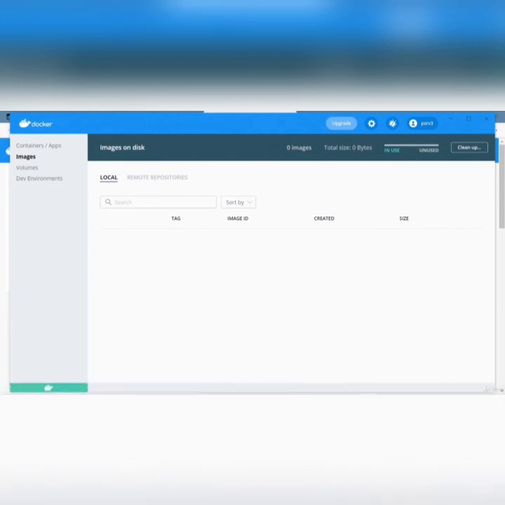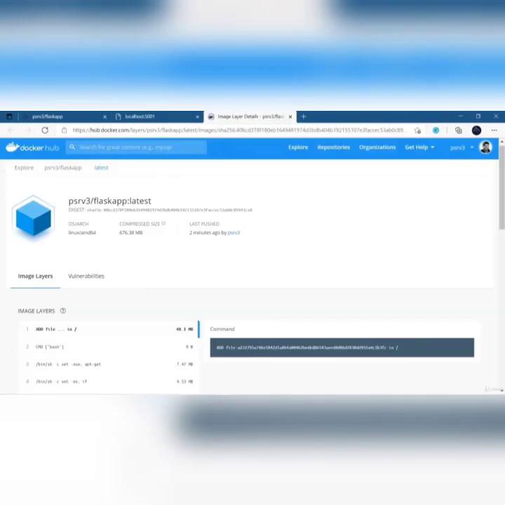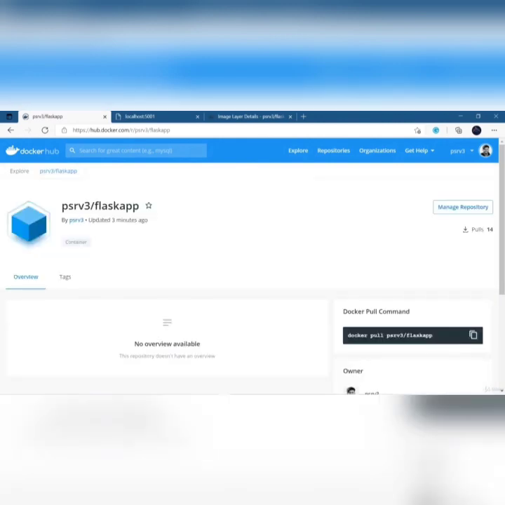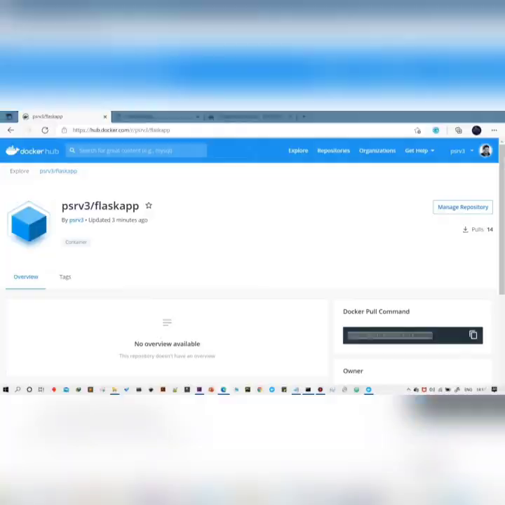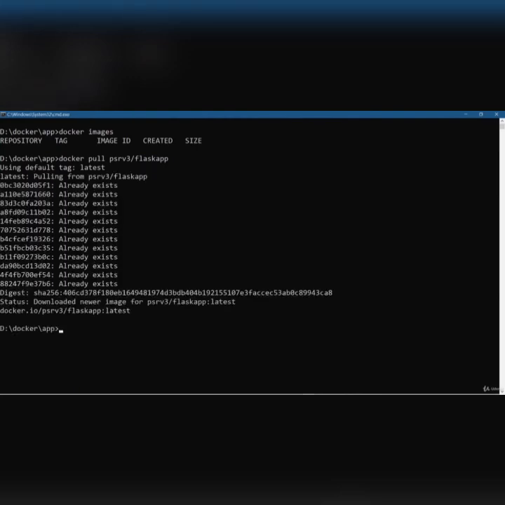Okay, now I'm going to use that docker pull command to pull this image. Copy this command and open your command prompt, and you can see there are no images there right now. I use this docker pull command, and it downloads everything, and it pulled the image.